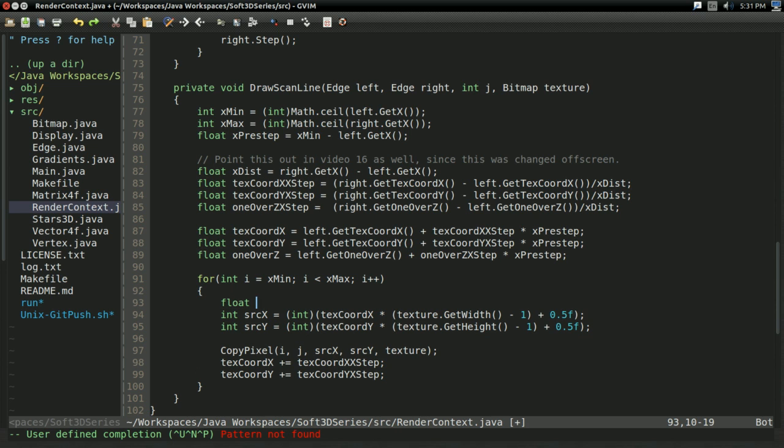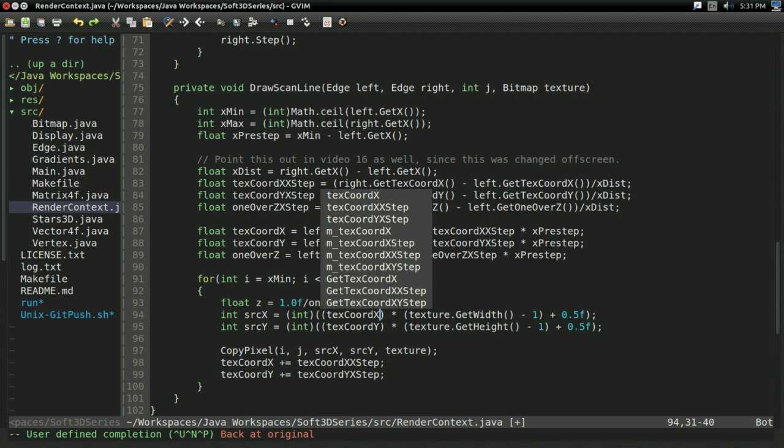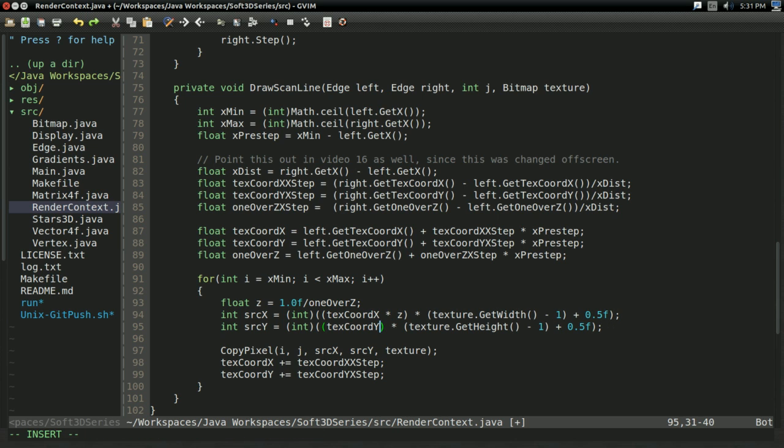Now at every pixel, our float z is going to be 1.0 divided by 1 over z. So that gets us our actual z value. Now our text coord x and y here, remember, these are now divided by z. So we have to multiply by z to get the actual value of the texture coordinates x and y. And if we build, that should build. If we run,